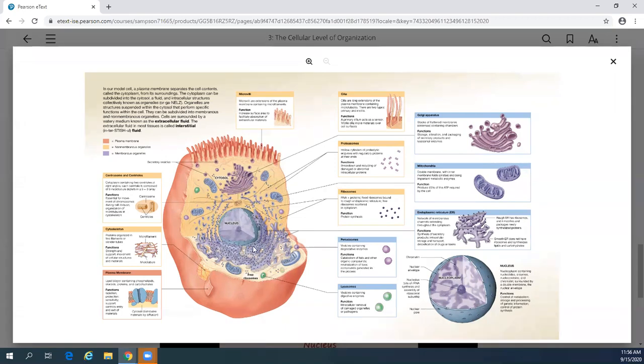So from the rough ER, a vesicle will move to the Golgi apparatus, where it will attach and then release these newly synthesized proteins from the ribosomes. The rough ER synthesizes, packages, and changes it a little bit, puts it in a vesicle, and then sends it to the Golgi apparatus. Remember, these fixed ribosomes create proteins for outside the cell. So then it sends it over to Golgi, FedEx, which packages it up and sends it outside the cell through